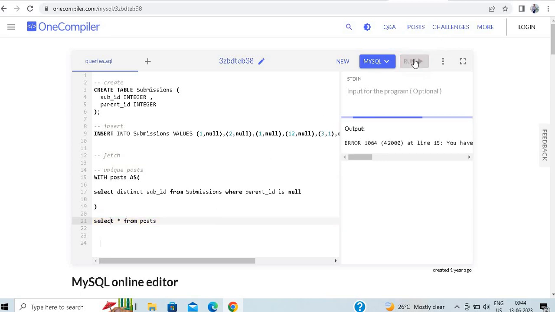Okay, if I run this, select star from posts, I got all the distinct sub IDs, meaning I got the posts. Okay, 3 unique posts are there. Now my second task is to find out unique comments on that post. So what I can do,